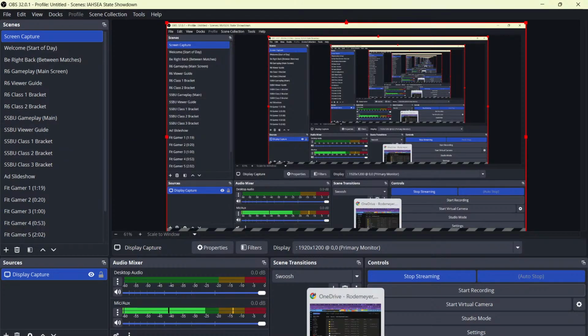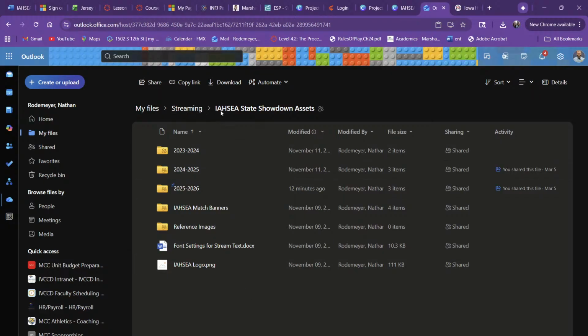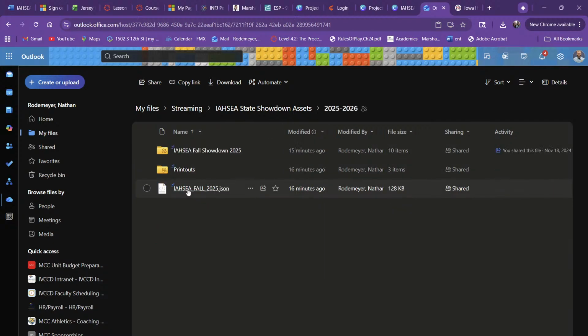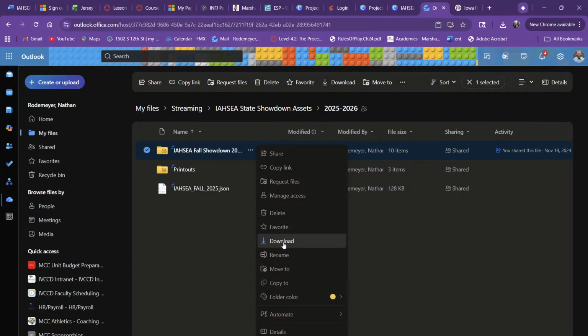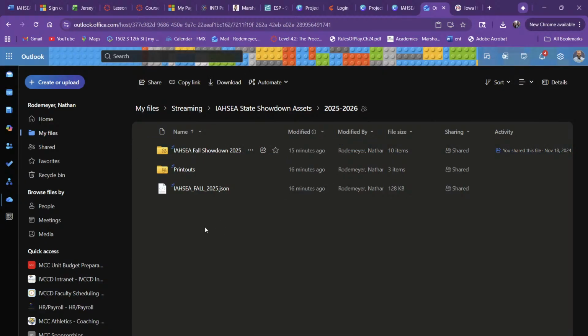And so if you follow me here into Chrome, I will share this folder with you all, which is IAHSEA State Showdown Assets. And then obviously we're in 2025, 2026, so we're going to click on this. And then we have 2 things in here that you guys will want. You'll want to download this folder. Now you can just download the entire thing. However, that will probably download incredibly slowly. I think it's actually slightly faster if you click in here and download the assets one at a time, which I'll show you. And then you will also need this IAHSEA